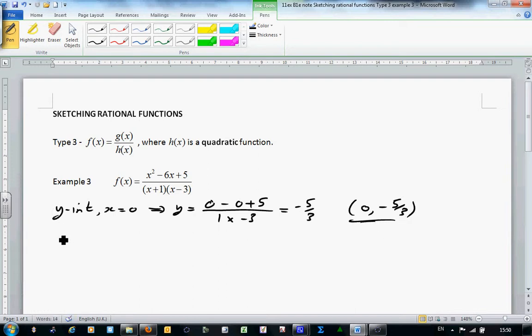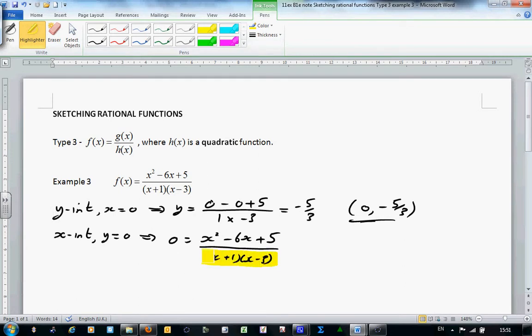The x-intercept is when y equals 0. So this implies that 0 is equal to x squared minus 6x plus 5, all over x plus 1 times x minus 3. And clearly again the denominator is dividing, so whichever method you use you're going to end up with 0 times that, and so 0 is equal to x squared minus 6x plus 5, which conveniently